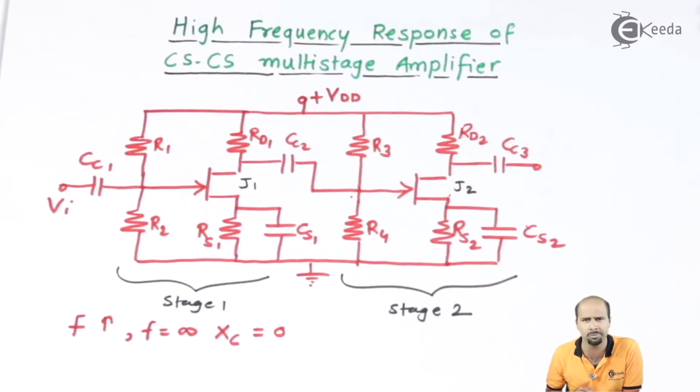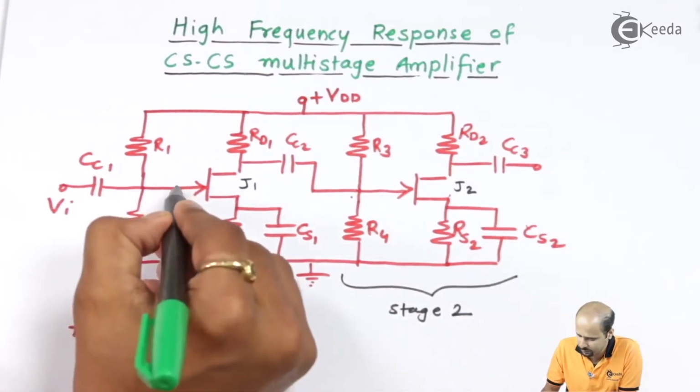Then is there any effect on my amplifier operation? No. Rather, there will be exact coupling between stage 1 and stage 2. So the coupling and bypass capacitances are not responsible for calculating the higher frequency response of my amplifier. Rather, there are a few capacitances inbuilt in the FET: in transistors I have junction capacitances. These junction capacitances are responsible for the calculation of the higher cutoff frequency.